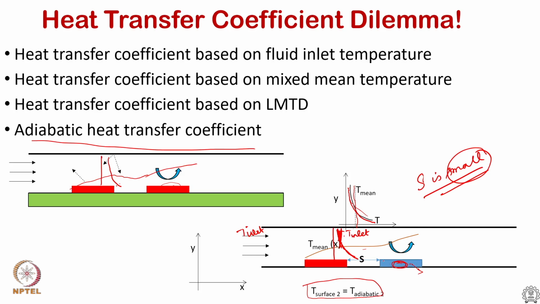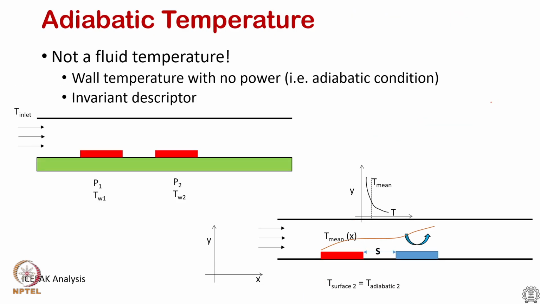So that temperature becomes the actual reference temperature. So this reference temperature, we should treat it as adiabatic temperature. So this adiabatic temperature is not a fluid temperature, it is actually based on the wall temperature,